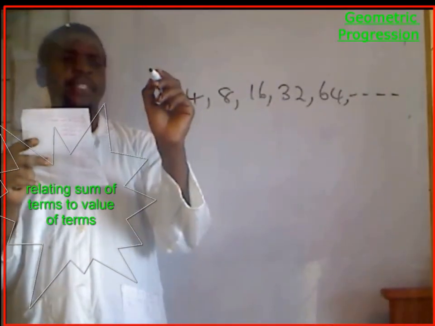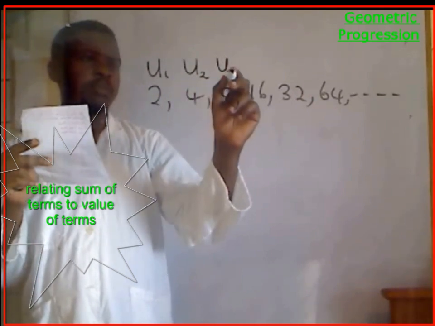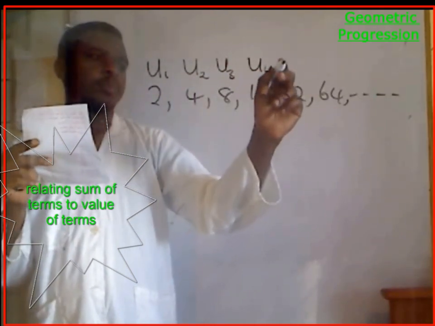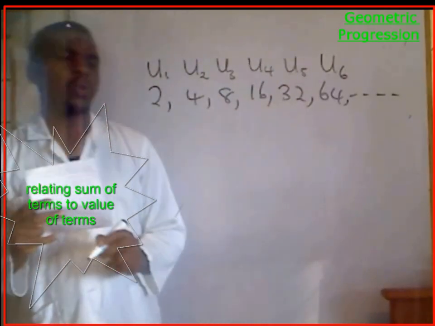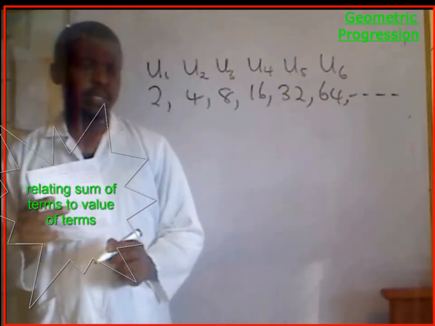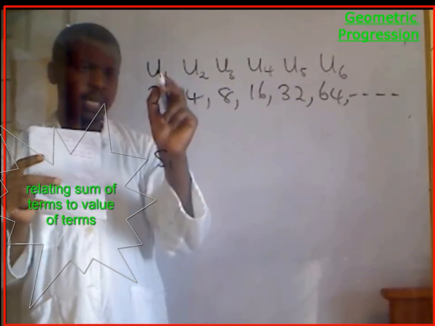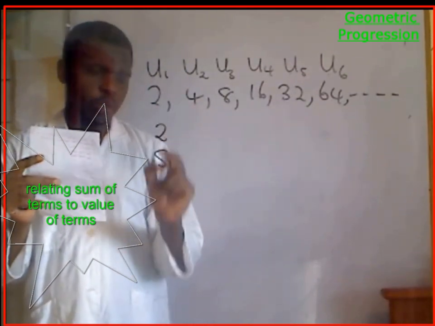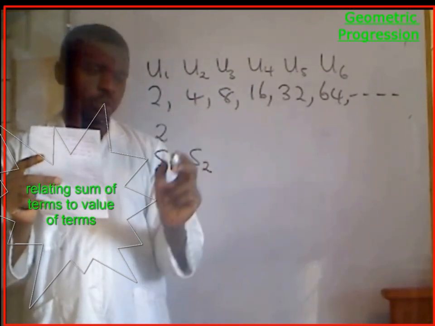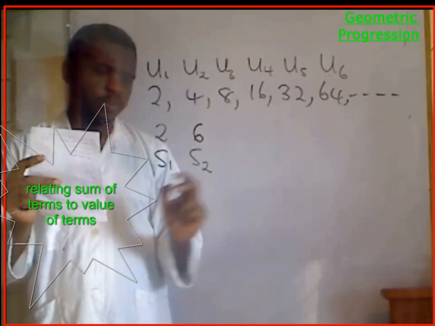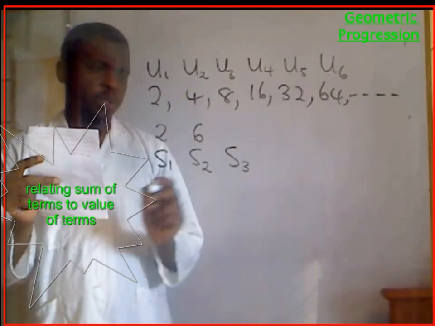So now this is our first term here, u1. This is the second term, u2. Third term, fourth term, fifth term, sixth term. Now let's work out a sequence for the sum of the terms. Let's call this S1. What is S1? S1 is just U1, which is 2. S2 will be U1 plus U2, which gives me 6. S3 will be U1 plus U2 plus U3, which gives me